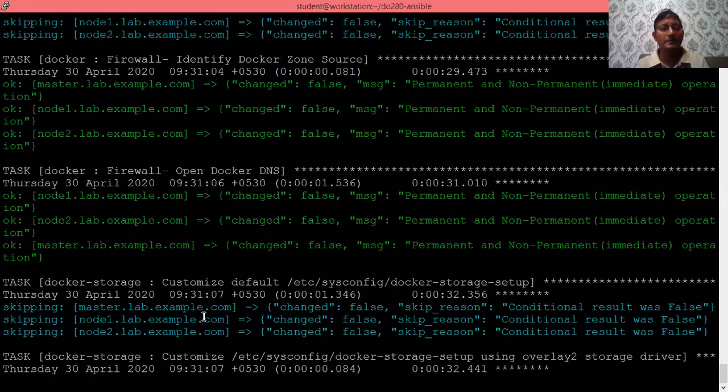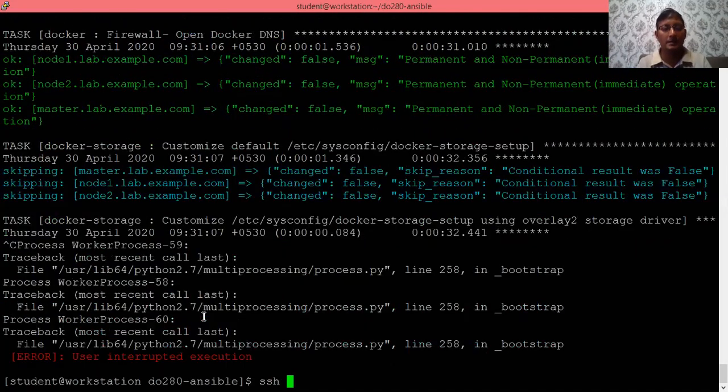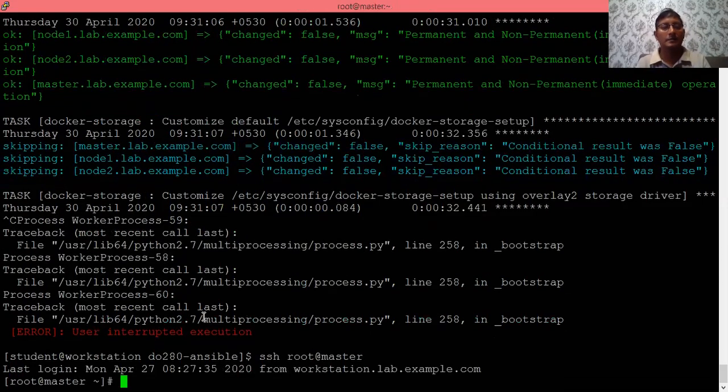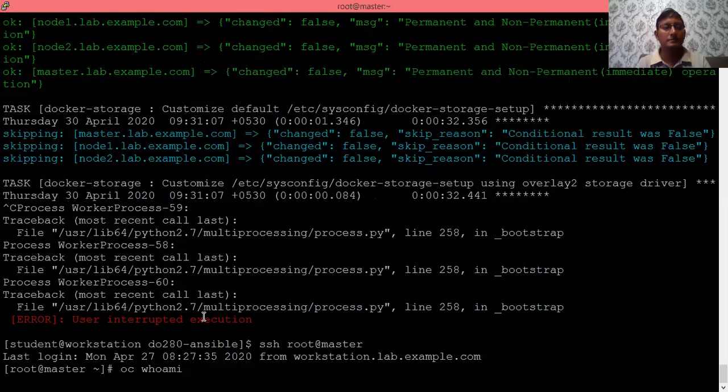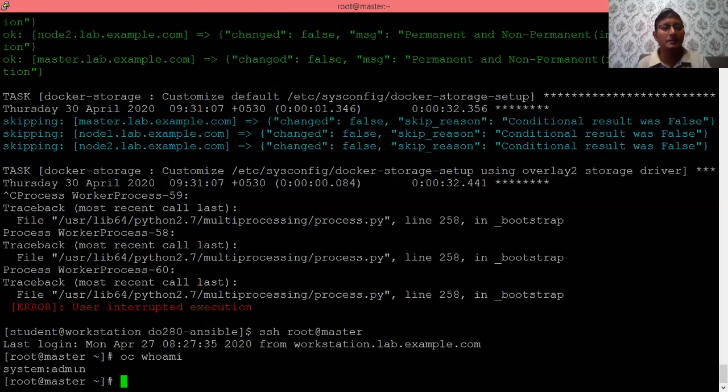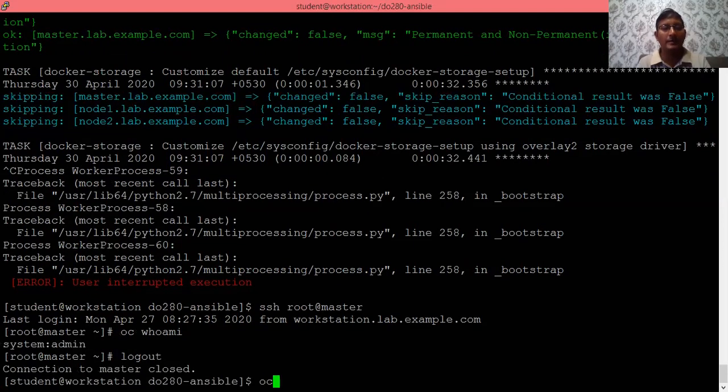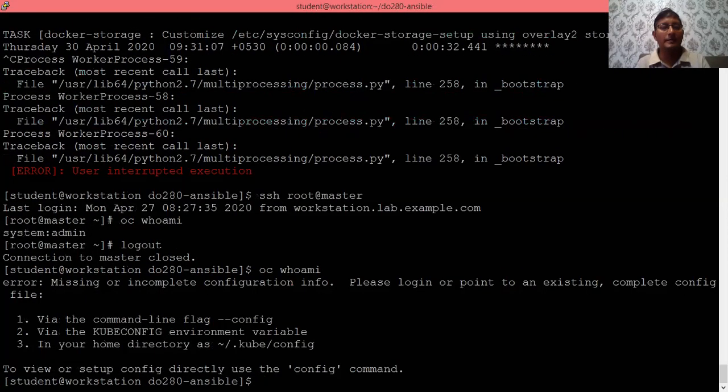I'm going to stop here. So I'm using SSH root at master here. Once you are connected with the root master, if you use oc whoami, what is it showing here? system:admin. You are logged in as the admin account here. If you want to connect from the student account and type oc whoami here, it shows no information, right? We have to use oc login